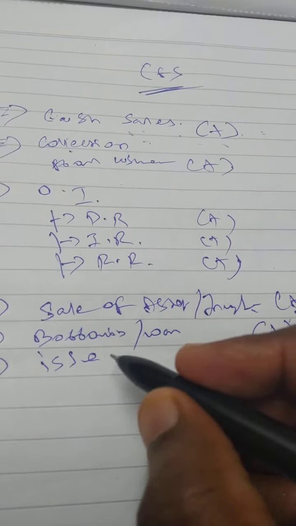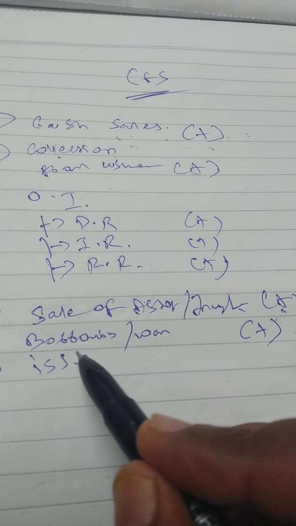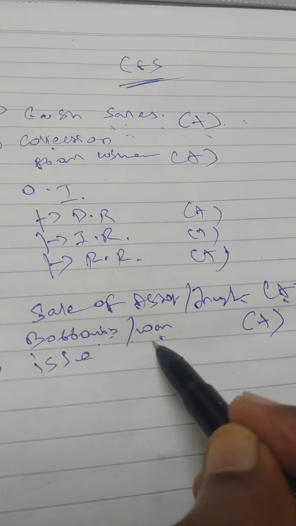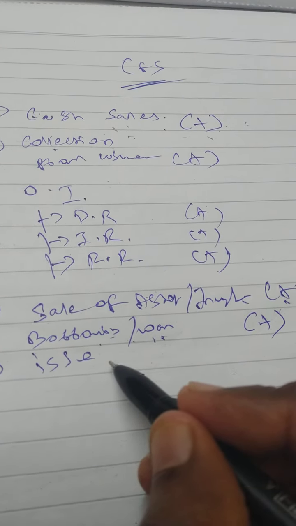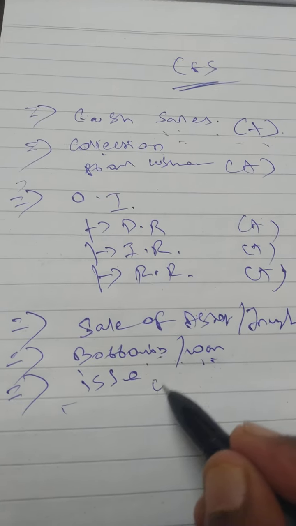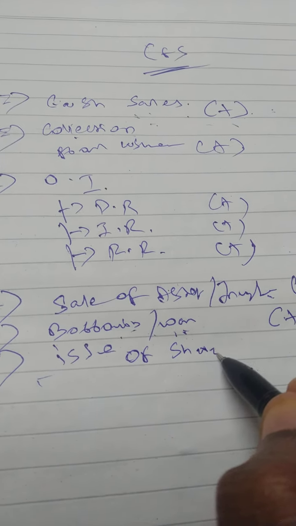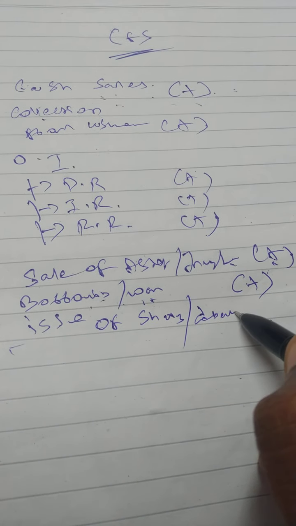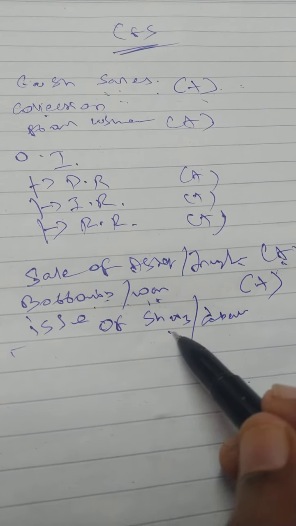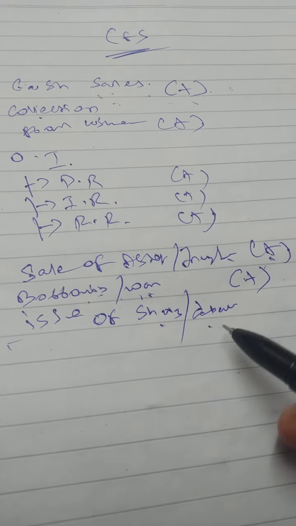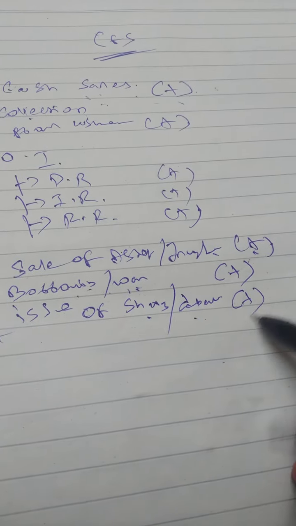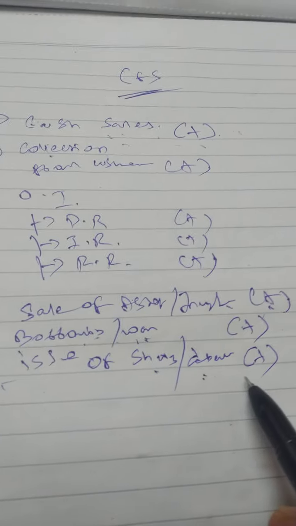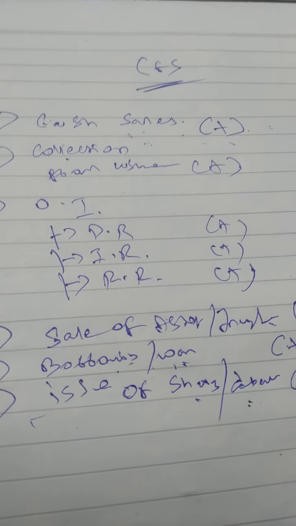How can I receive money, how can I receive cash? If I borrow, if I take a loan, I will get money, that is an inflow. Then the issue of shares, equity shares, preference shares, or if I issue debentures, I will receive money because I got money from shareholders. So majorly the